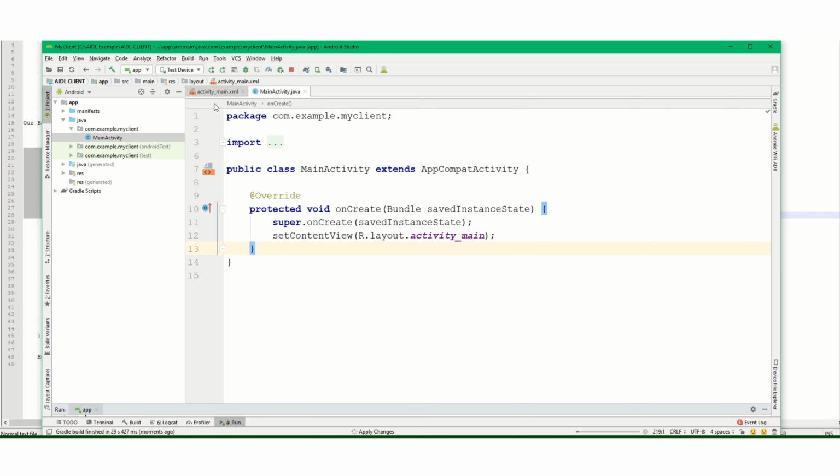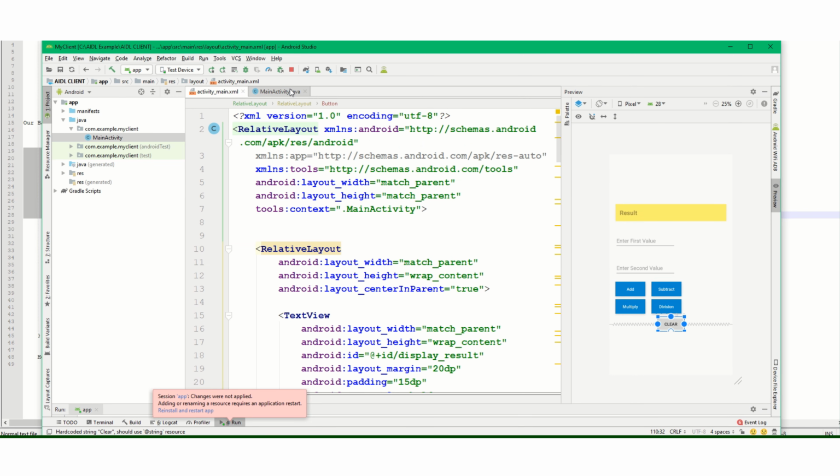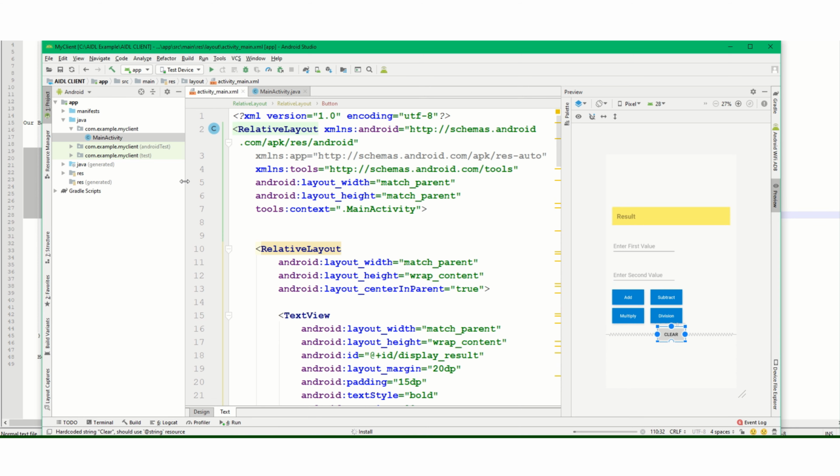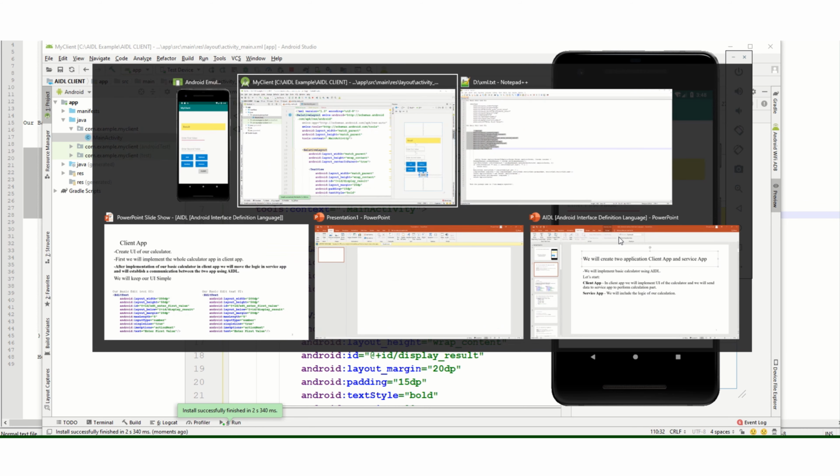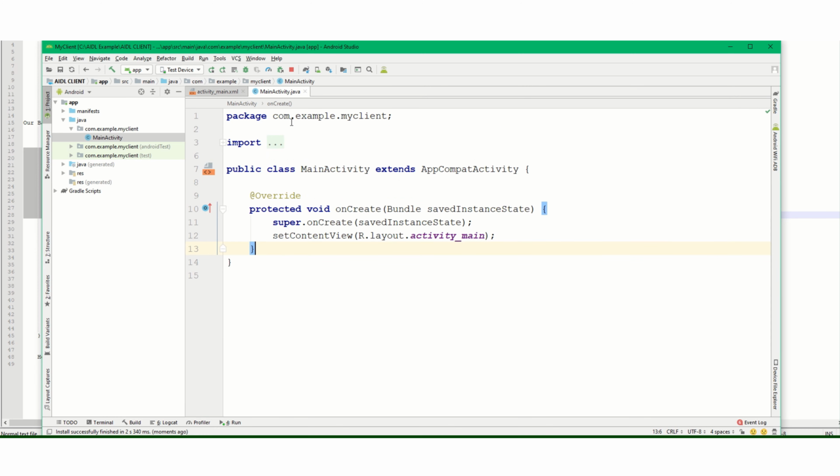Meanwhile, let's start with the Java coding. Changes were not applied. Let me run it once again. So build is successful. Let's see how our UI is. Yeah. So this is the emulator, and yep, looks simple and nice. Okay, so let's start with the Java side coding.